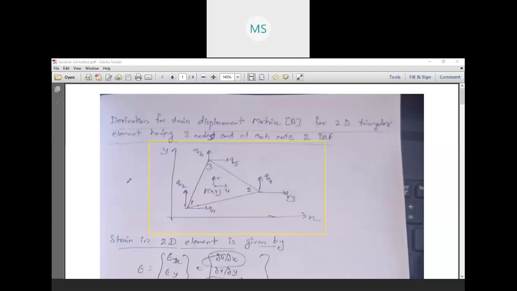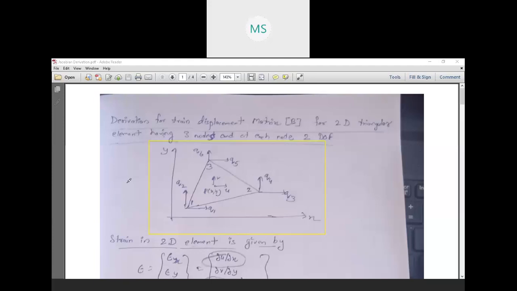Now, the third module is the one in which we are going to study the two-dimensional and the higher order elements. In the two-dimensional part, we have the derivation for shape functions for 2D triangular elements, that is tri-elements, and for 2D rectangular elements or quad elements. So this we have already covered in the syllabus.